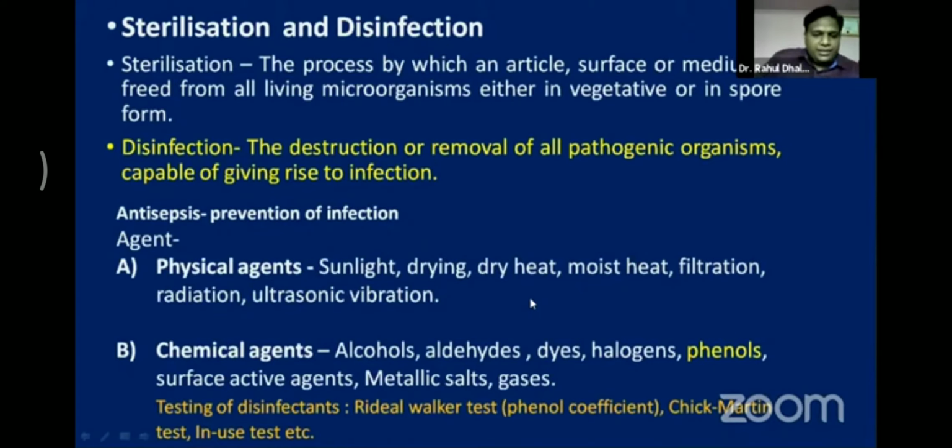Then chemical agents, disinfectants. Alcohols, isopropyl alcohol, amyl alcohol can kill the bacteria. Then aldehydes like formaldehyde, which is very useful in hospital management, can kill the bacteria. Then dyes like crystal violet, most of the time used as a lotion to kill the bacteria. Crystal violet is called a supravital stain. Then halogens like chlorine, bromine, iodine can kill the bacteria. Bromide solutions and iodine we also apply as an antiseptic solution.